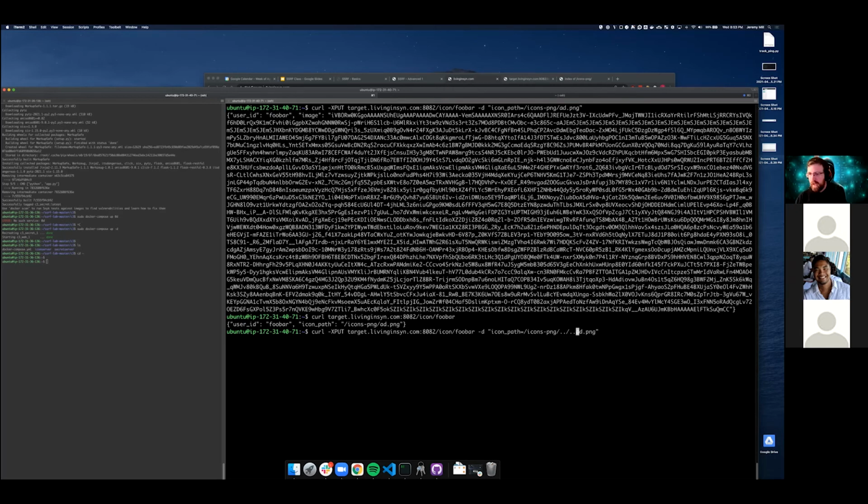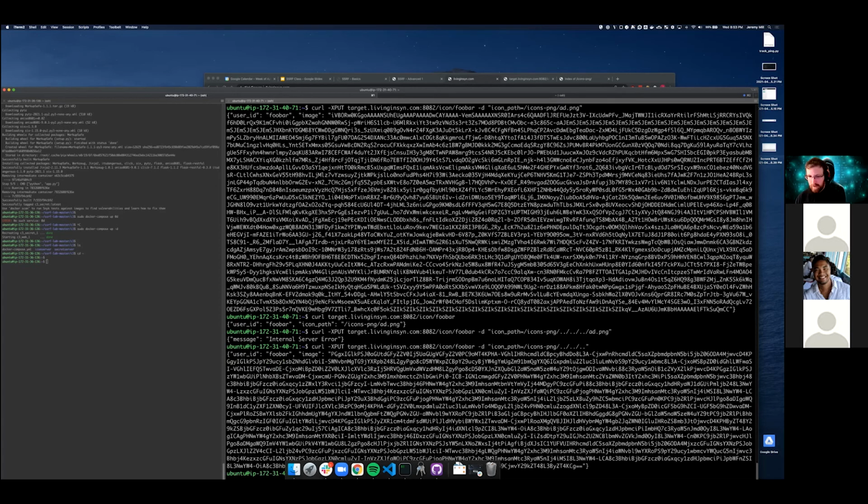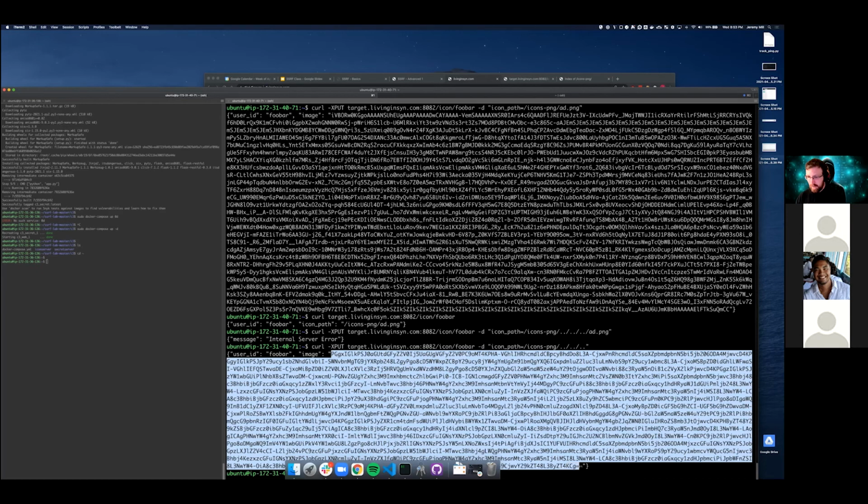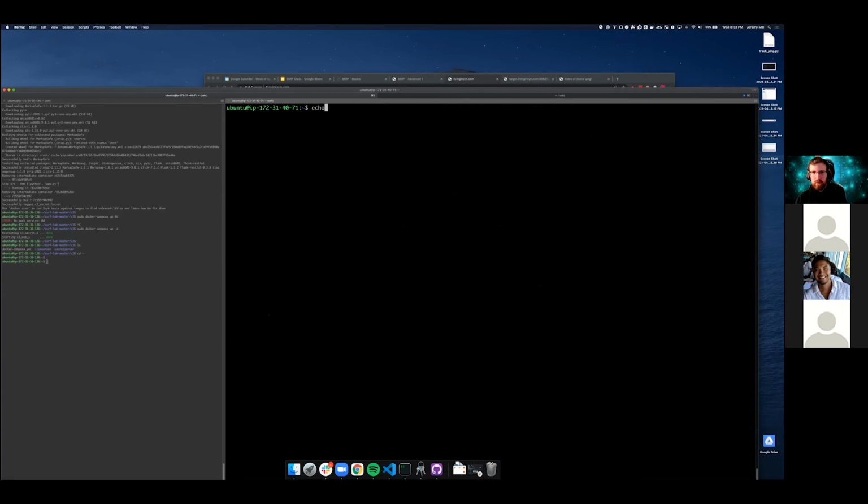So if we're just doing this, for example, right? Yeah, we get a really boring internal error, right? We're getting this out of it by doing a directory traversal. We can always